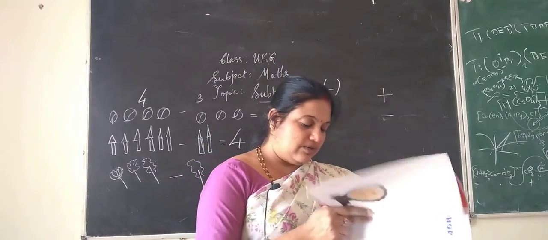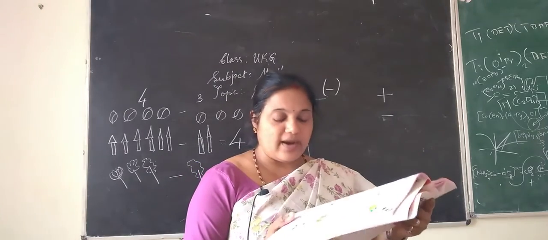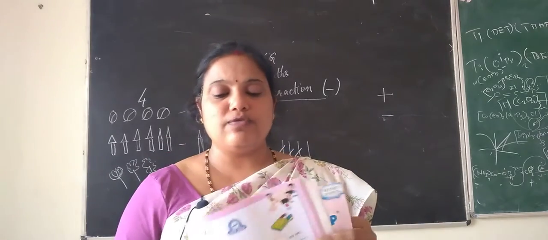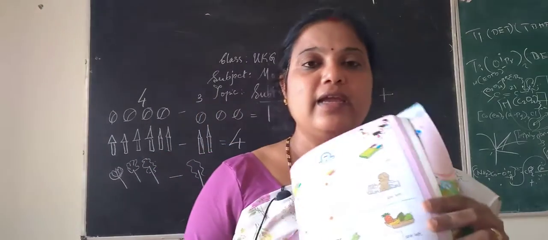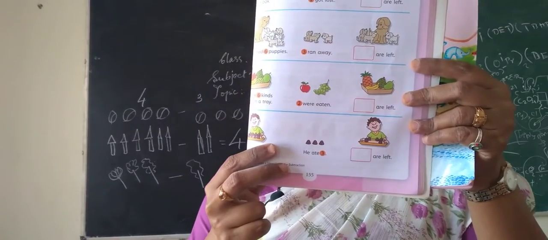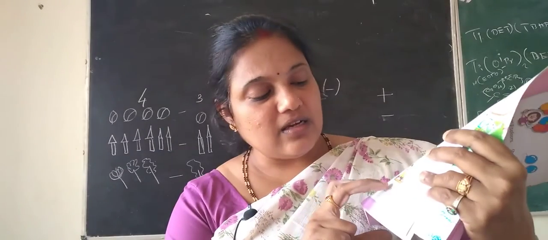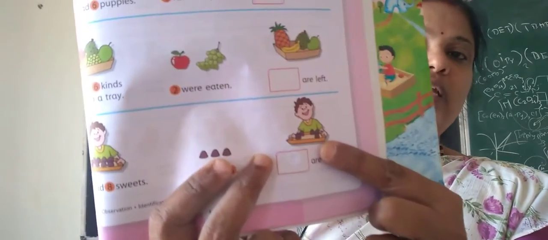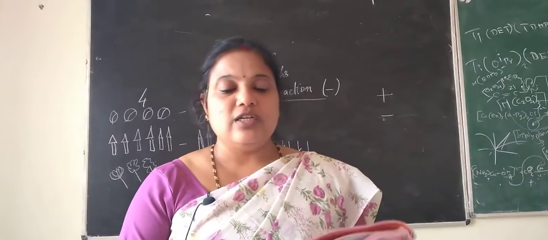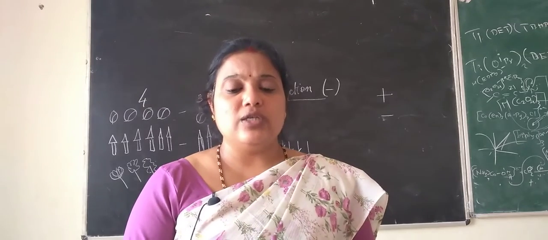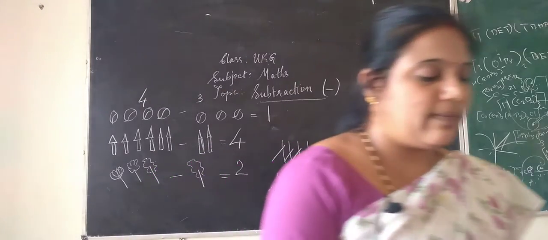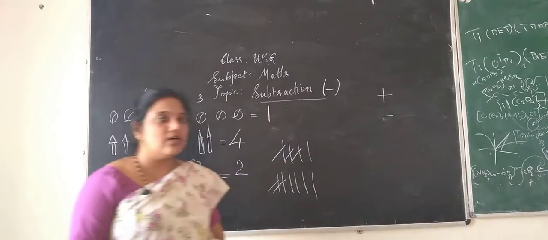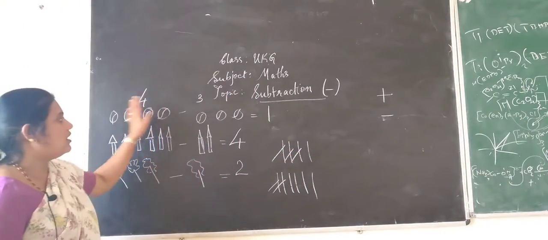And one more, last one. Krish had 8 sweets. He ate 3. Out of 8 sweets, he ate 3. So 8 minus 3 equals 5. Count it. 5 sweets. Can you find that? Yes. Children, this is how you need to learn subtraction. Subtraction is very easy. Just remove the number which is given on the right side.